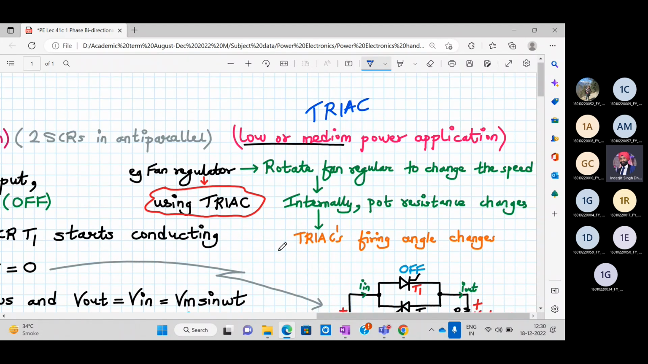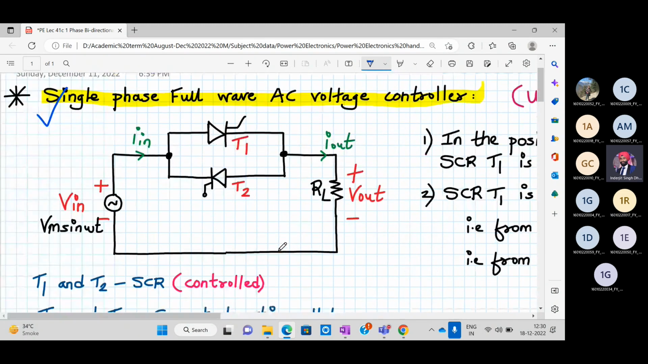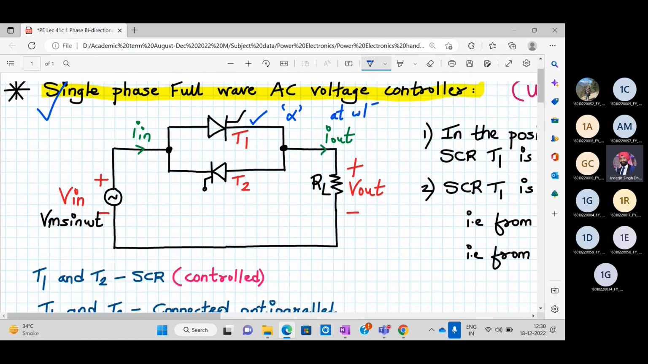Did you understand with clarity now? Can we begin with the working? Yes. Okay. So what will happen? You tell me now. In the positive half cycle, T1 is forward biased, eligible to turn on. Okay. So it turns on after alpha. Fine. And in a negative half cycle, your T2 is turning on. I mean, at pi, at omega t equal to pi,